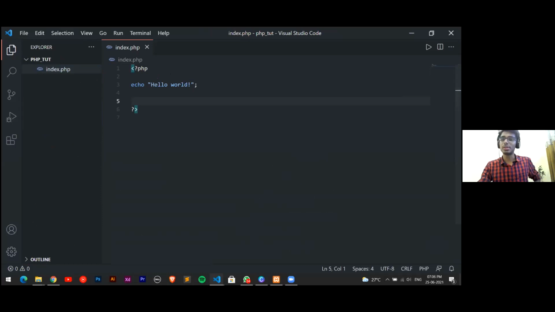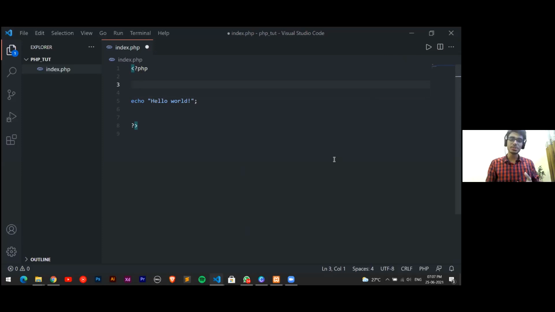Again, we will not be deep diving into programming. We'll just be doing the basics so that you get to know how the CRUD application works. Okay, so I'll move forward. Now, as I told you, this is a programming language itself. So all programming languages have variables, loops, all those concepts. So here also we have these types of concepts.